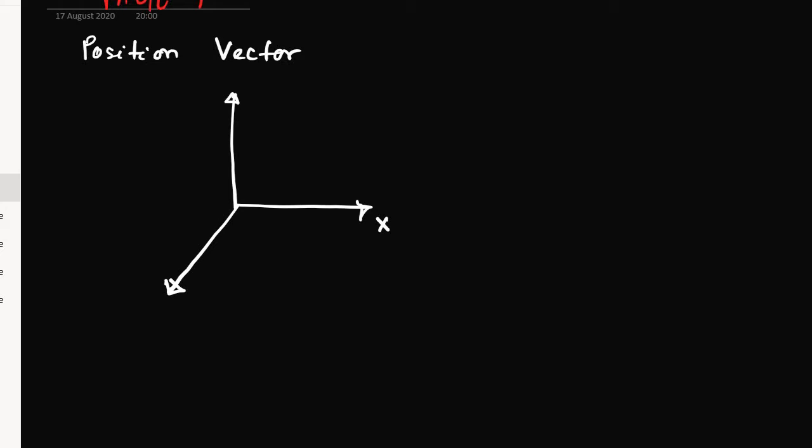This is a typical XYZ 3D Cartesian coordinate system, and if I want to point or denote a point in a 3D plane, how will I describe it in a vector quantity and what would be its magnitude as well as direction. That's why I started this position vector. So position vector will show you the situation or the position of the point in the 3D diagram. It will be written like this.